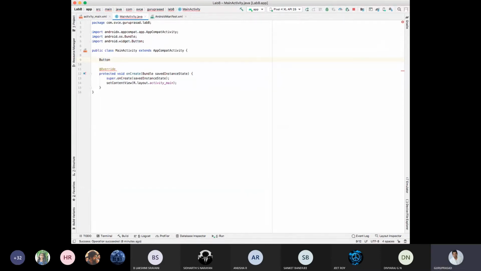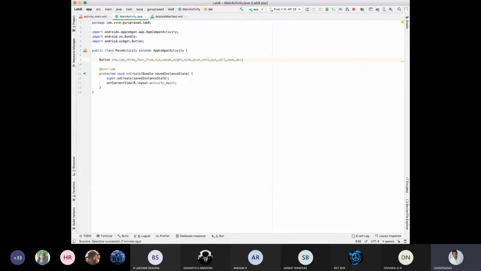How many buttons are there? 1, 2, 3, 4, 5, 6, 7, 8, 9, 10, 9 plus 0, comma, hash, comma, call button, save button, delete button, semicolon.